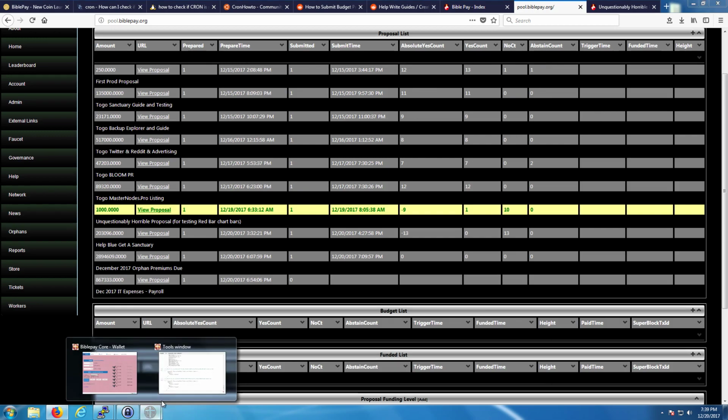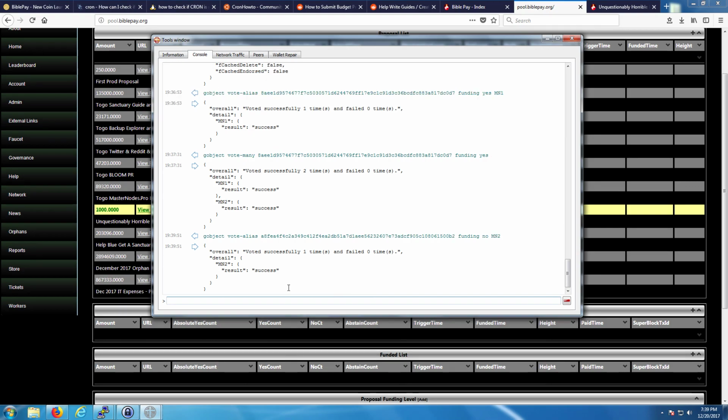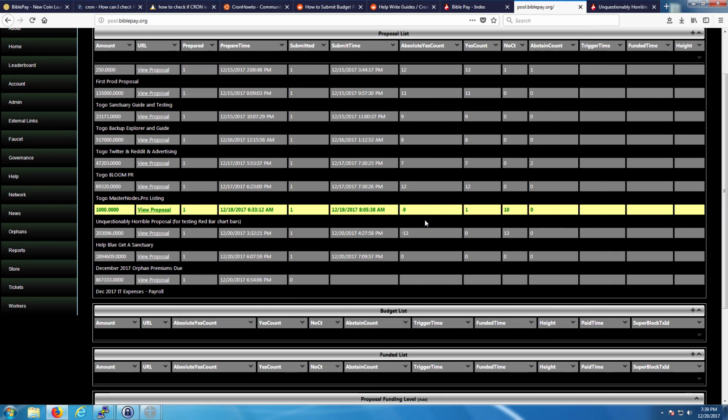I can go back to my BiblePay Tools window, and then I can go gobject vote-alias, copy and paste the ID of the proposal. It's a funding proposal, and I'll vote no with Masternode 2. And there we have it. And now you might be able to see